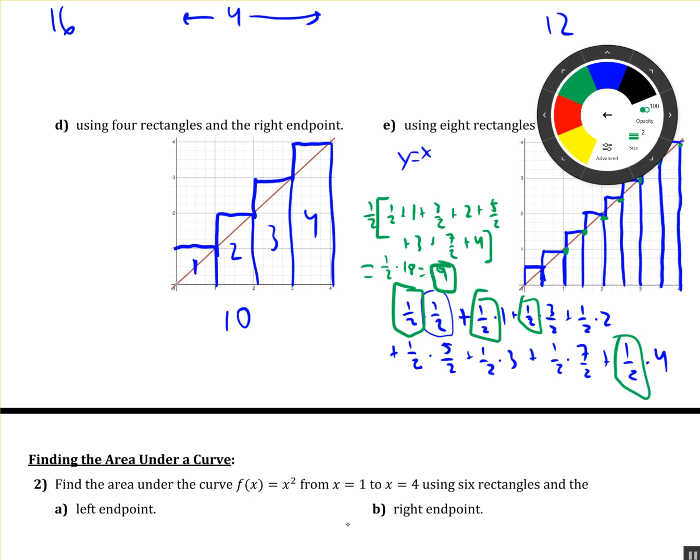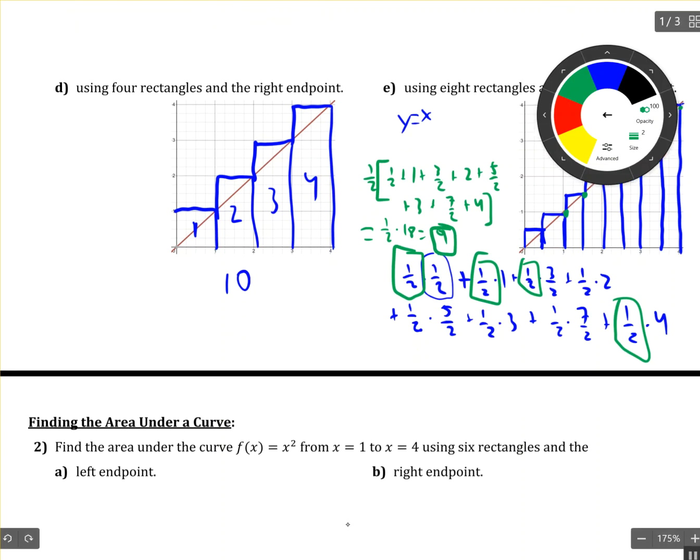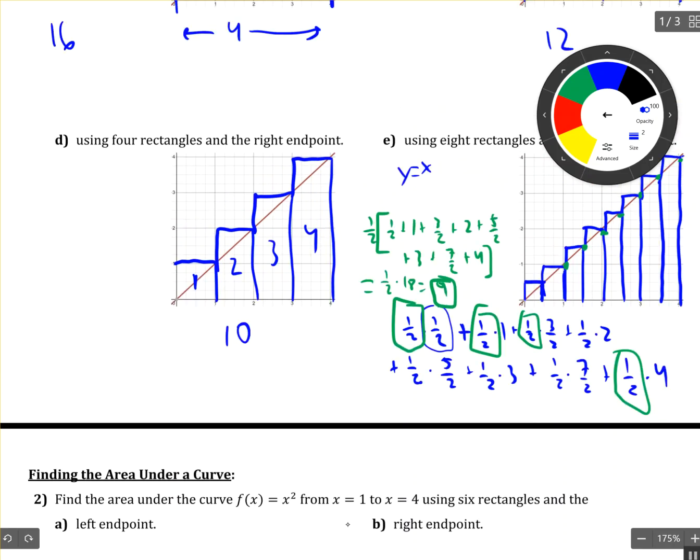All right, so I think I might have made a mistake in something that I said. No, I don't think so. Yeah, 4, 4, 4, 4, and then 2. Yeah, so 18 divided by 2 gets me 9. All right, so now